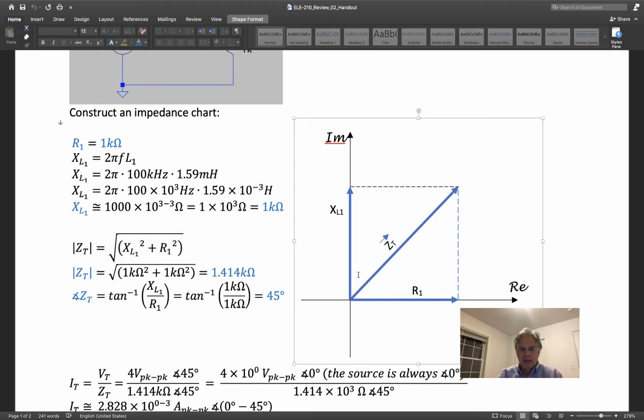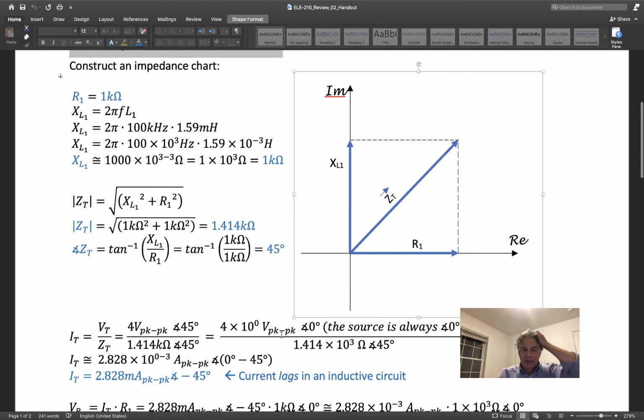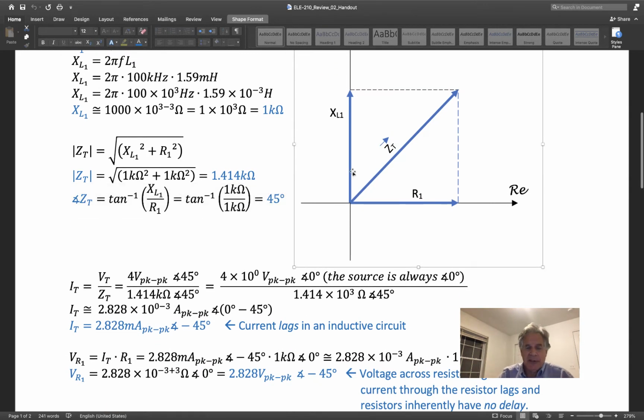So XL over here will be 1,000 ohms at plus 90, and R will be 1,000 ohms at 0. And what we'll wind up with is the diagonal, which will be the square root of 2 times this side, if you're into a little bit of geometry or trig. And we'll get approximately 1.414 k ohms, and it'll be at an angle